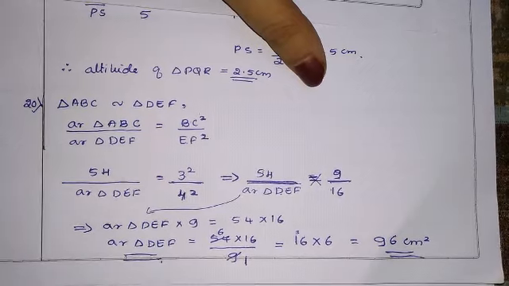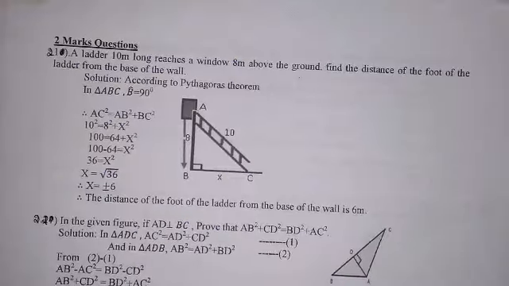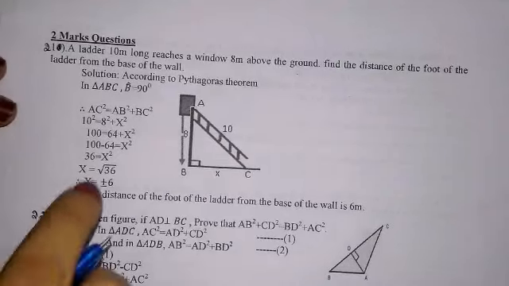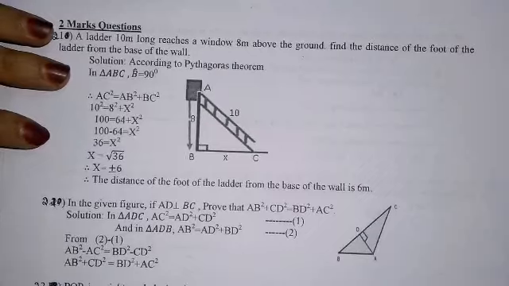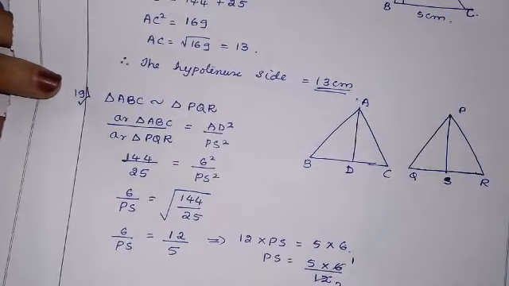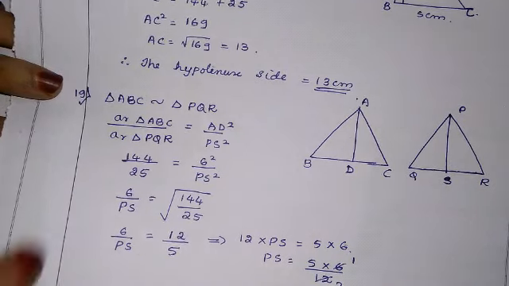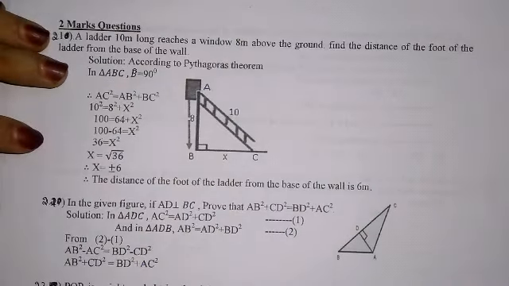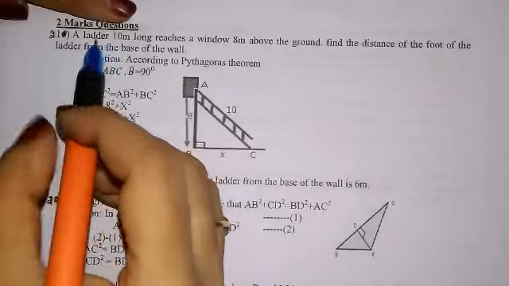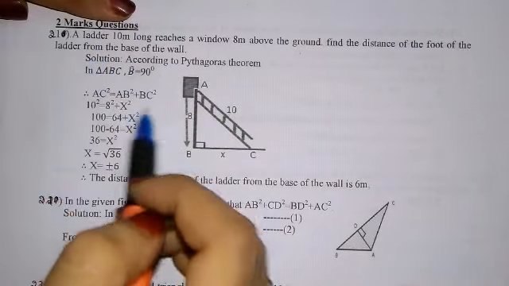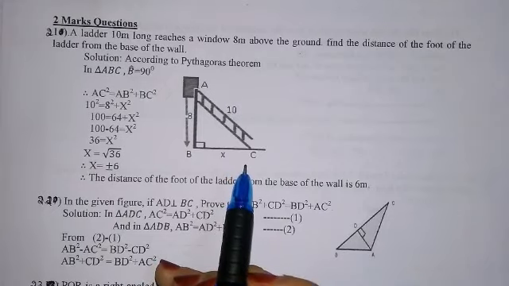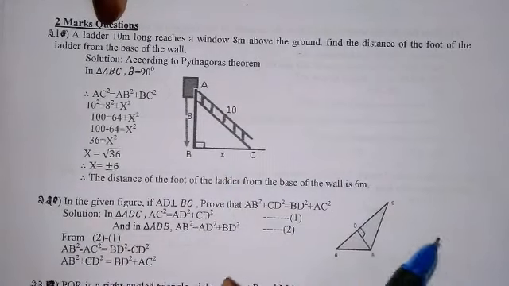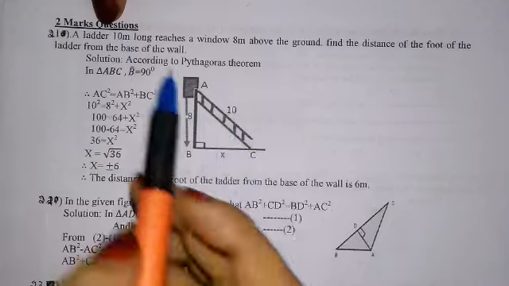So let us see the next question now. Let us see again from this department, a 2 marks question. Already I have started this, the previous problems are from the Oswal book and from previous papers. So this is of 2 marks only. Now here in the department booklet, let us see what they have told. I have just mixed all the problems, and whatever important problems I find here and there, I have solved them, all important problems only.